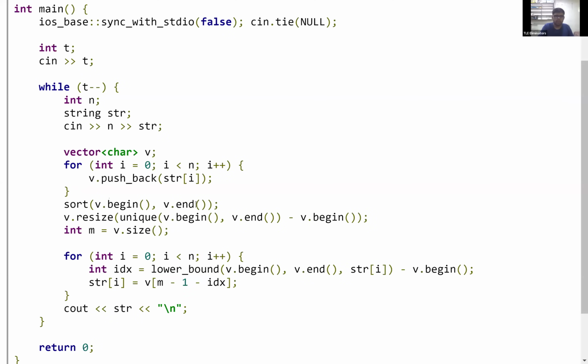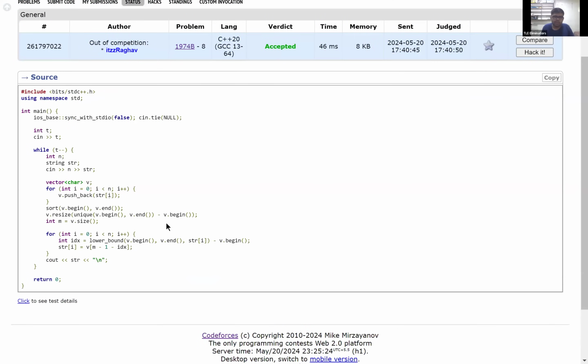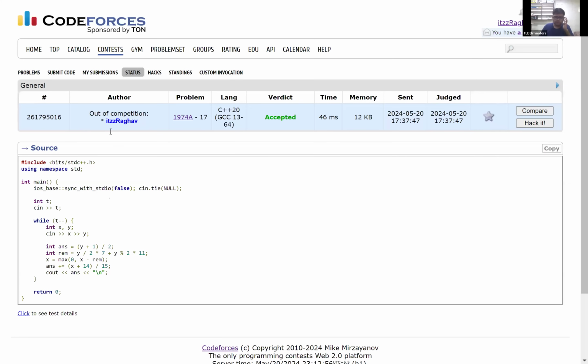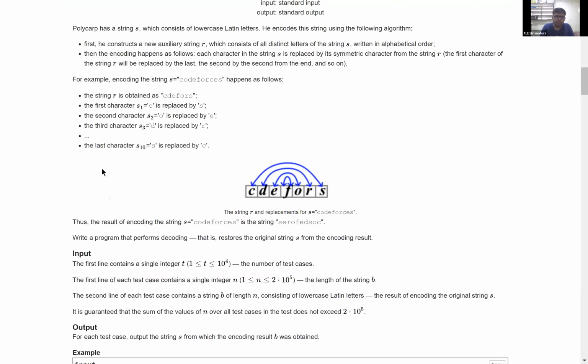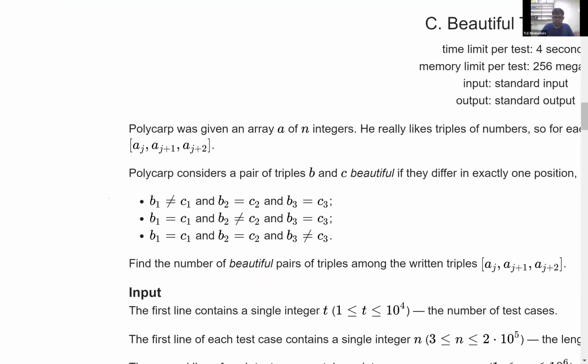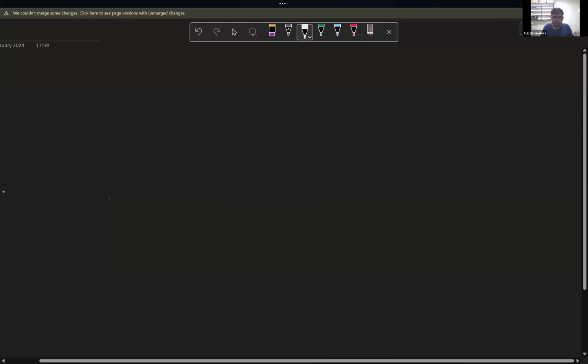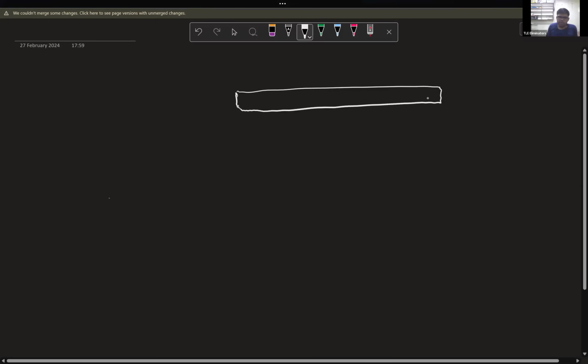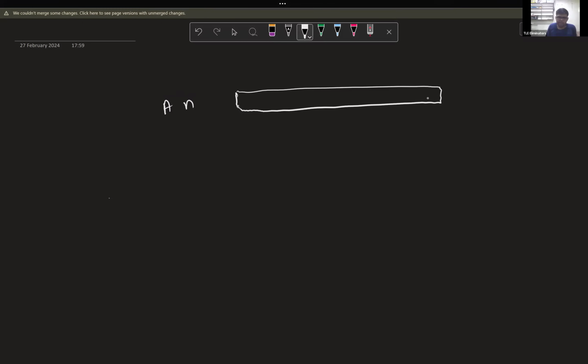Okay, so let's look at the third problem. The third problem says that Polycarp was given an array. It says that there is an array of size n. Let's say array A of size n,